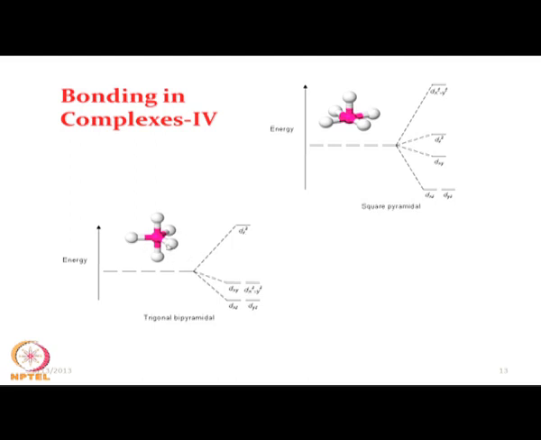Then we have 2 orbitals, dxy and dx square minus y square, in this particular trigonal plane. Within this trigonal plane we have these 2 orbitals in the xy plane, and these 2 are the next most destabilized ones in that case. So, dxy and dx square minus y square will form a doublet. There will be no splitting between dxy and dx square minus y square.